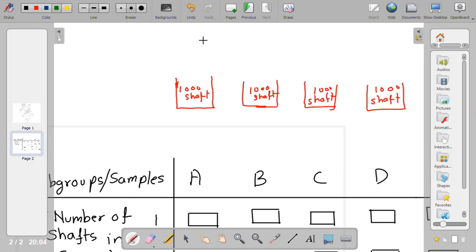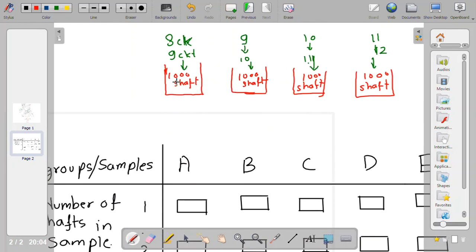I'm just giving an example. Suppose from morning 8 o'clock to 9 o'clock we got this container, again 9 to 10 this container, 10 to 11 this container, 11 to 12 this container. So in quality control, finally we have to check the quality of this shaft, right? So what will the quality inspector do? The quality inspector will choose